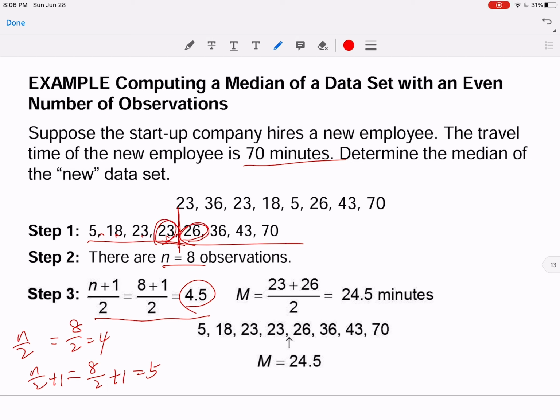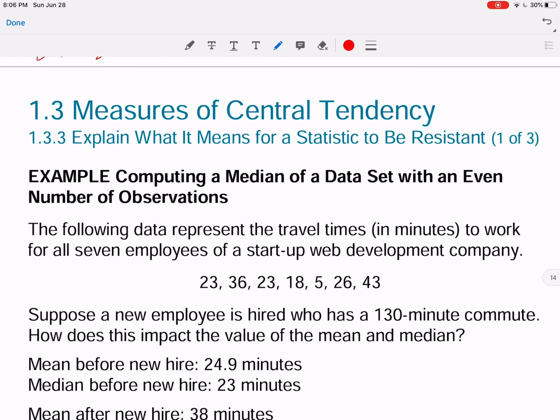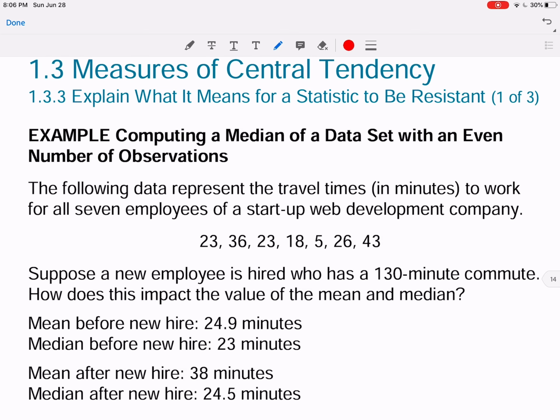And that's how we got the 24.5 here. Once again, those 2 numbers over here, the 4 and the 5, are the positions of the 2 middle numbers. They're not the values we're looking for. Okay, that's pretty much how to find the